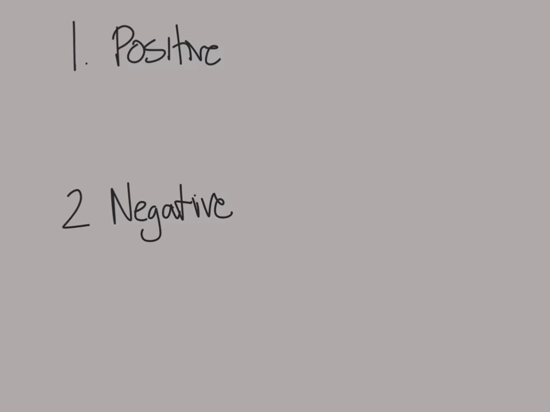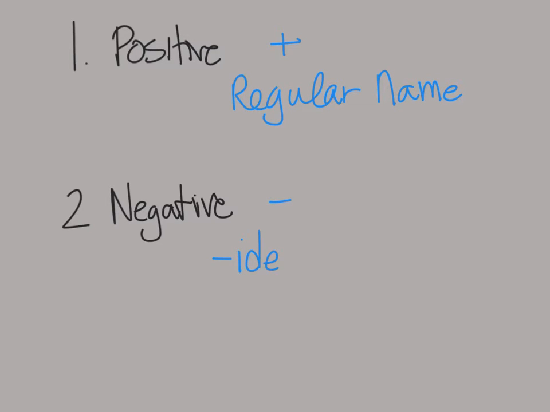All right, so back when we learned how to name ions, we learned that if it had a positive charge, it would just use the regular name. And if we had a negative charge, we would add an -ide ending to the element name. Okay, and we're going to still use those two rules, and now we're going to apply it to things like